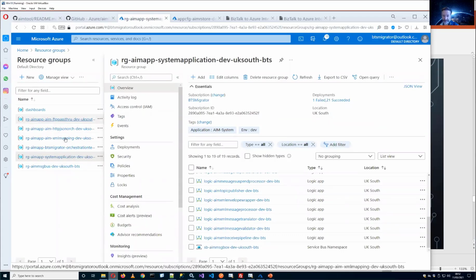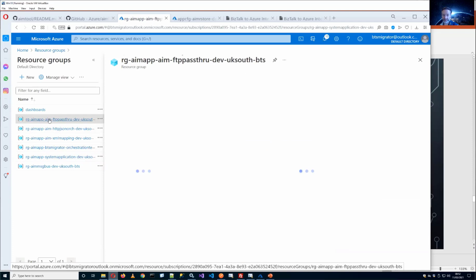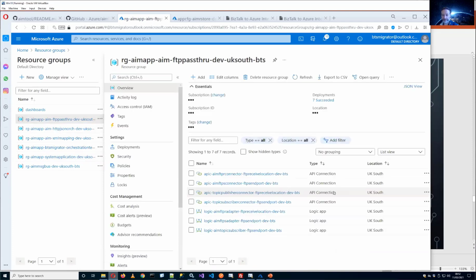So these 3 scenarios here are scenario 1, 2, and 4. So this is scenario 1, this is scenario 4, this is scenario 2, which is the flat file with XML processing. And then I've got one here I've been testing in different webinars and the like. If we look in the FTP pass-through, which is the one we want to test here, there's not a lot